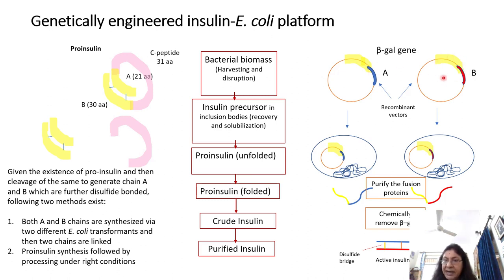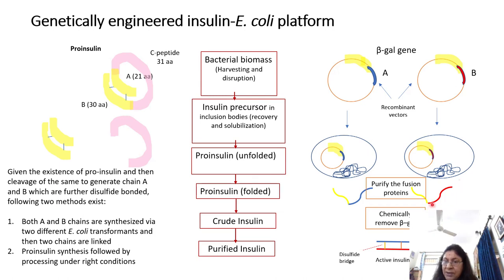So you have these recombinant vectors. This recombinant vector is now transformed into an E. coli cell. You will see that the plasmid is right here. This is the chromosomal DNA. Similarly, this particular recombinant vector is transformed into an E. coli cell, and you have the recombinant vector here, and you have the chromosomal DNA. Okay, now because of the leader sequence, the fusion protein is secreted out of the medium. All right, this is the way it is going to look. So the yellow part is the beta-gal part, and the blue part, what you see here, is the chain A of insulin. Similarly, from the second host also, you are going to get a recombinant fusion protein. So you have the beta-gal part, and then you have the chain B part.